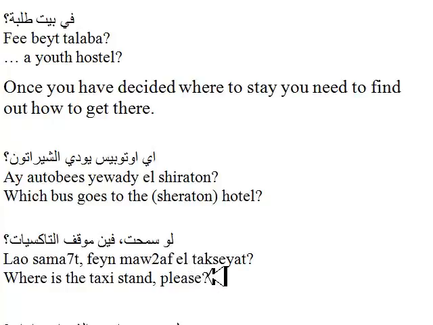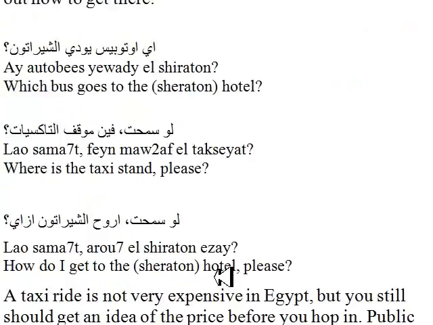You can say this for buses, because buses here in Egypt or in some countries have a station or stand. Now you are walking and you don't need a taxi because maybe this place is so near, you just need to walk for a while, so you have to ask, لو سمحت أروح الشيراتون إزاي؟